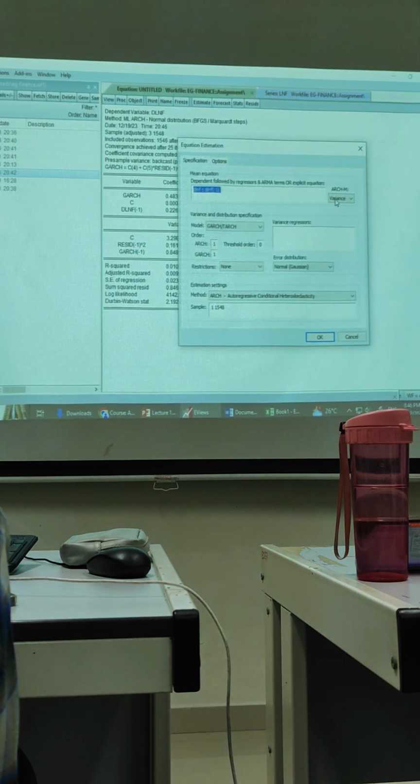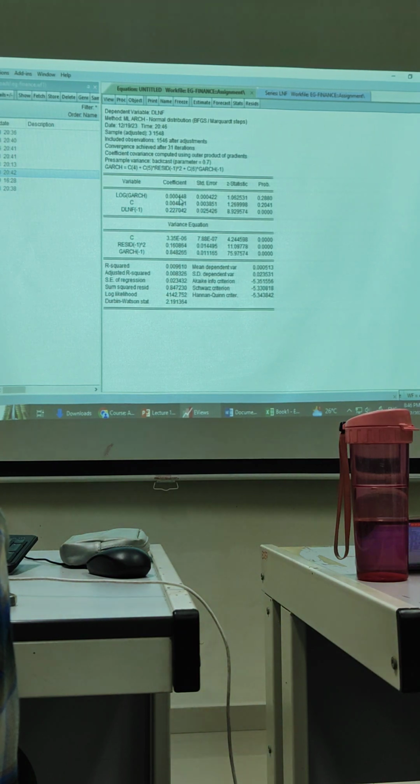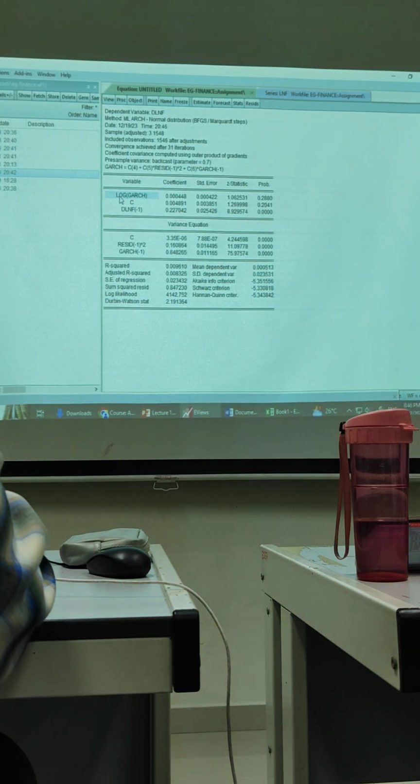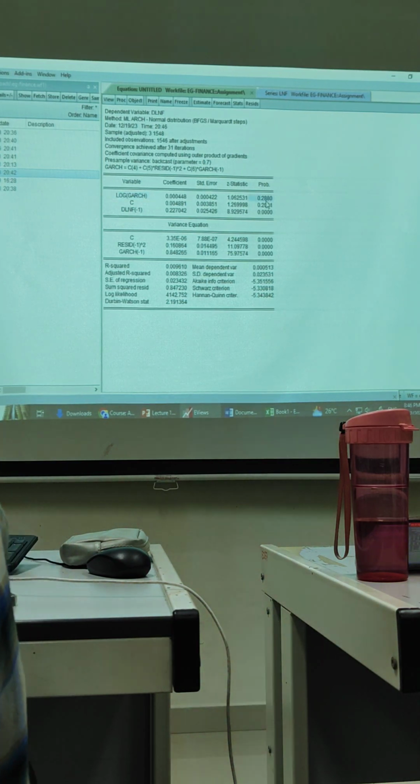Then some studies want to try the log of the variance, so what happened? Still insignificant. Why log? If you use the log for these variables, the explanation will be different, because it is about a functional form. Once you log, when you explain, you have to use a different explanation. So also insignificant. So this is the judgment call.